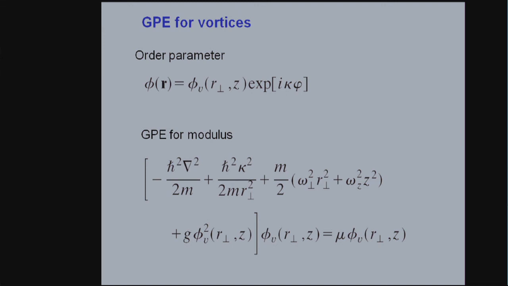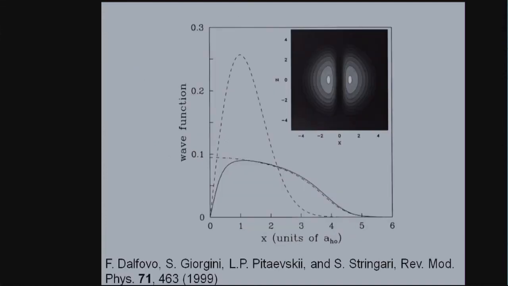And so you make a corresponding ansatz: you allow the phase to wrap around by 2 pi when the angle phi is varied, and then when you solve it, you have of course put in that there should be a 0 of the density at the center. And it's nice for me to show you now the 2 extreme cases: the ideal condensate without interaction and the strongly interacting condensate. There's an important review paper which describes all that and more.